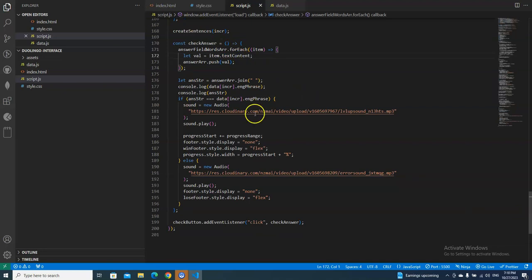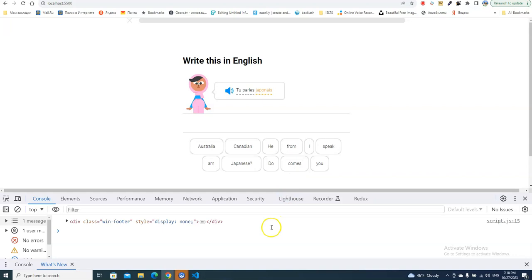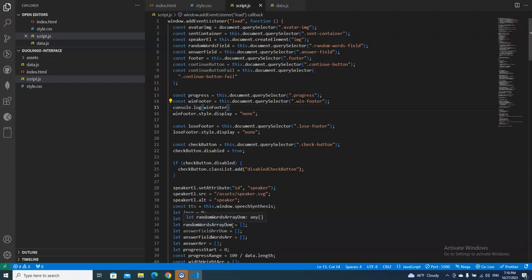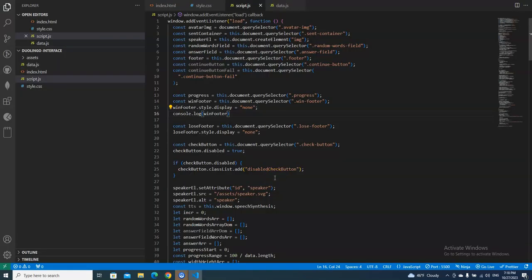Let's see if we get something at all. Yes, yes, we get something. And it is none. That makes sense. And here we have our default footer. Then we hide win footer,